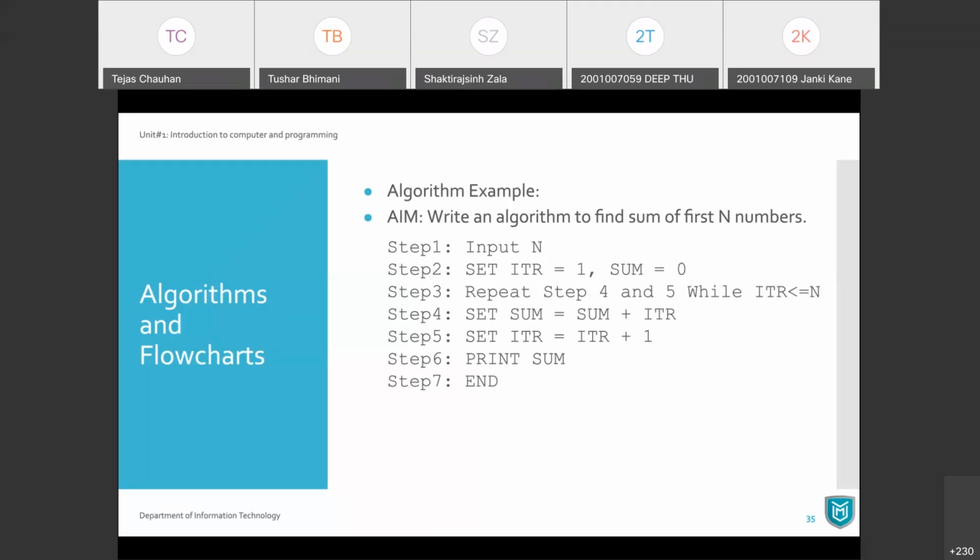Hinal says, sir, we can also use the n times n plus 1 by 2 formula in this program. Yes, you can do that. That's the mathematical way of directly calculating the summation of the first n numbers, right? But what we want to understand at this place is how we can repeat some number of steps.